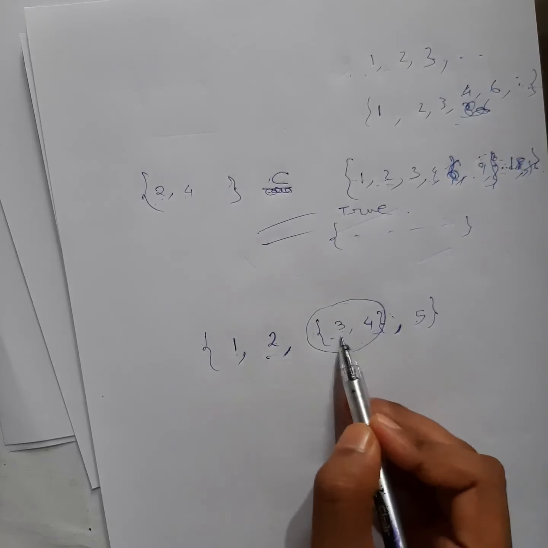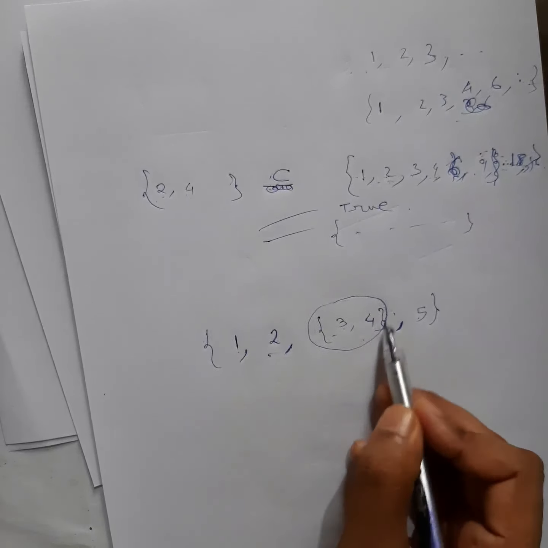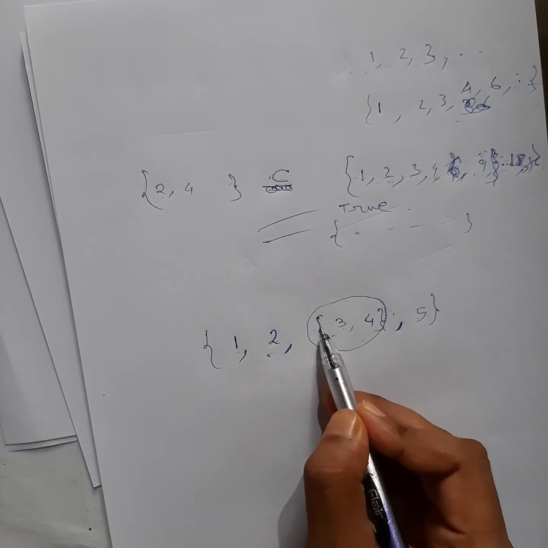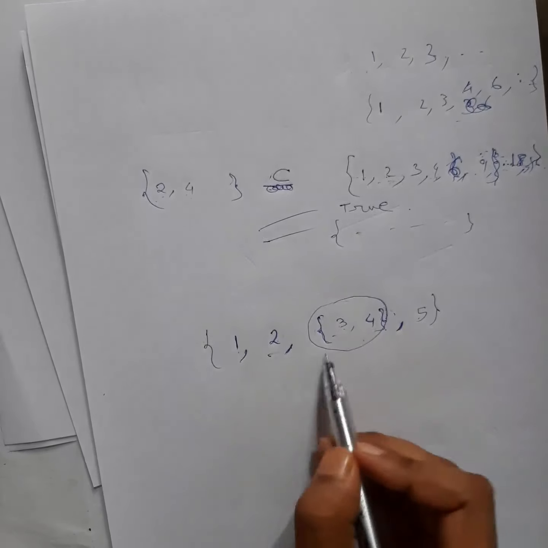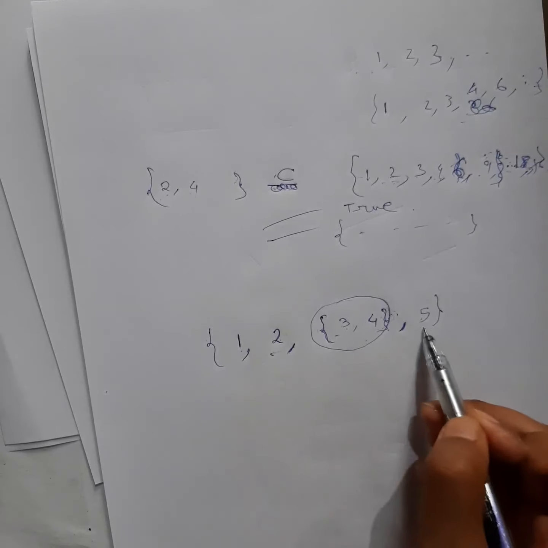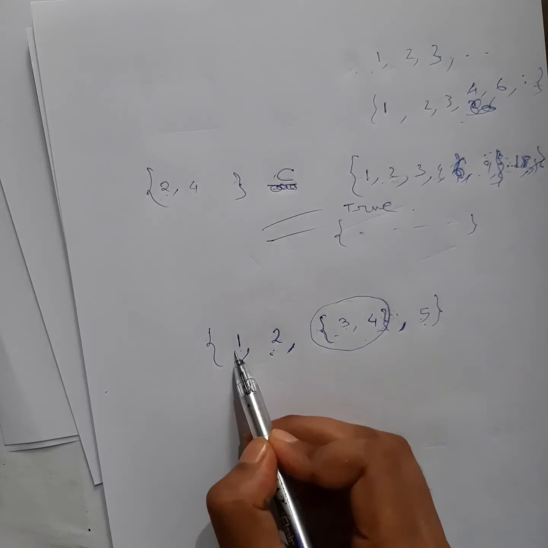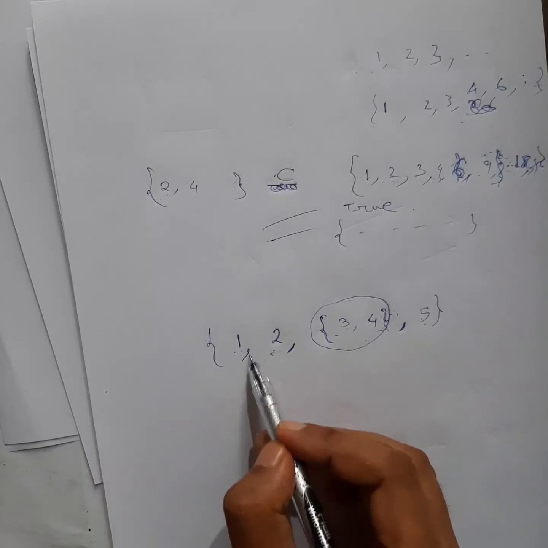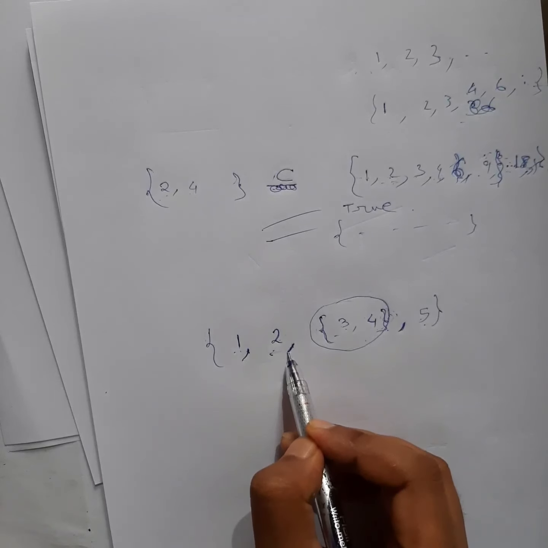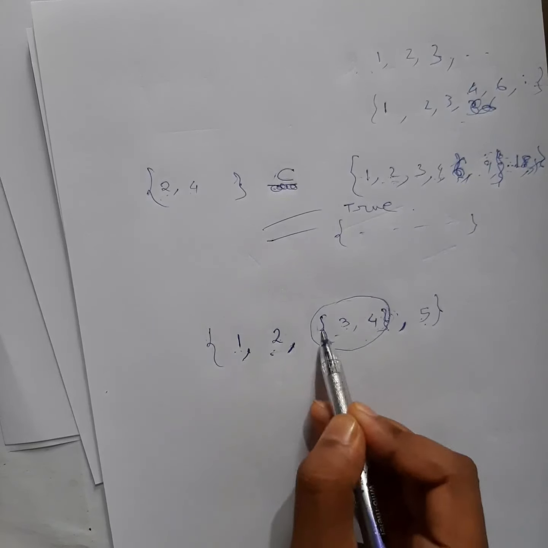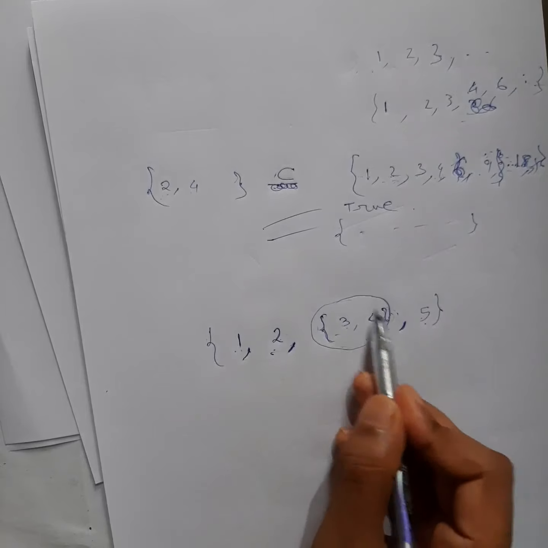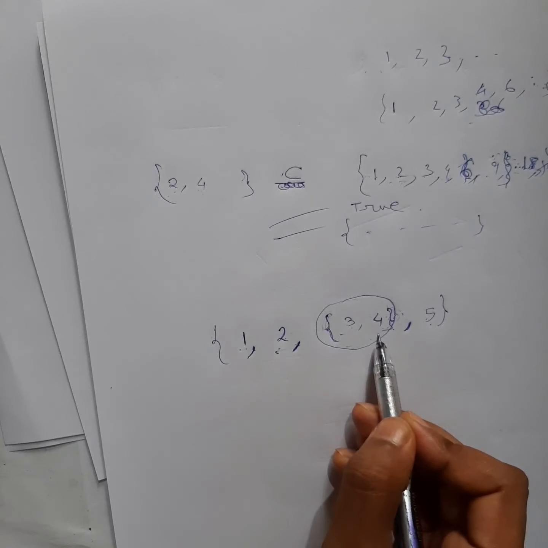Don't think that there are 5 elements, because this as a whole is a single element, because it is written inside curly brackets, which means this is a set, one set, right? So this will be one element, this will be one element, this will be one element, because elements are always separated by commas. After a comma, whatever comes, that will be an element. Now see, this as a whole, it is 1. So after this, the comma is there, which means this is one element. Okay, so 1, 2, 3, 4 elements are there.